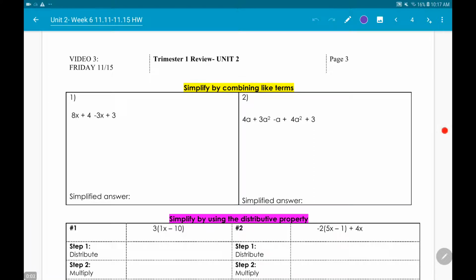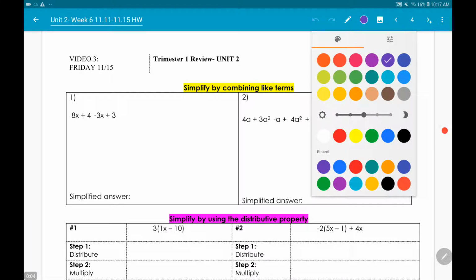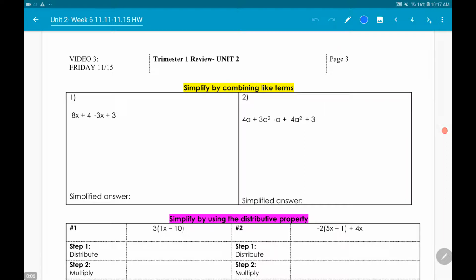Everyone, so this is trimester 1 review part 2. In this video we are focusing on unit 2. Again, we're not going to have time to talk about everything in unit 2, so we're just going to highlight